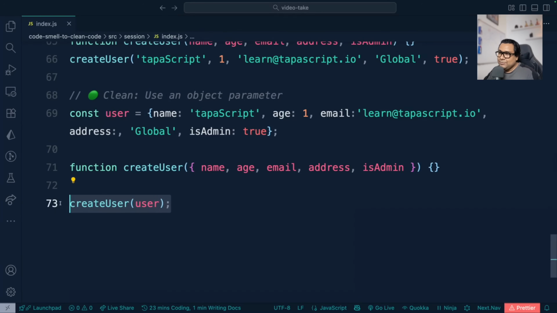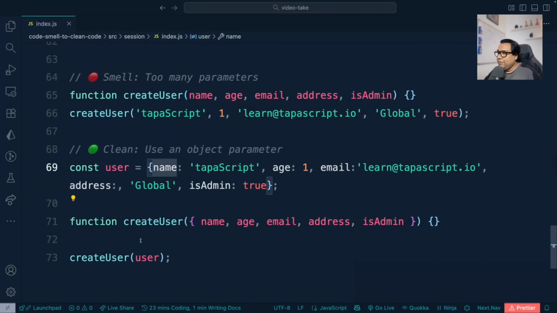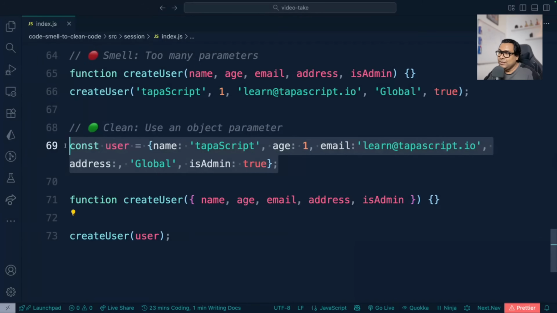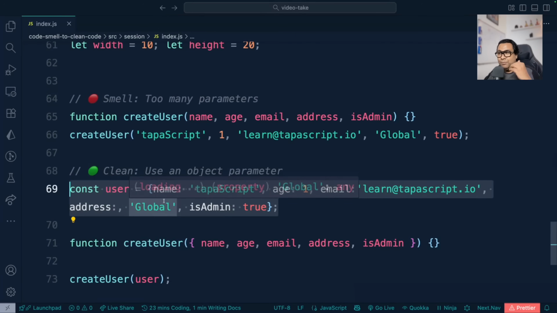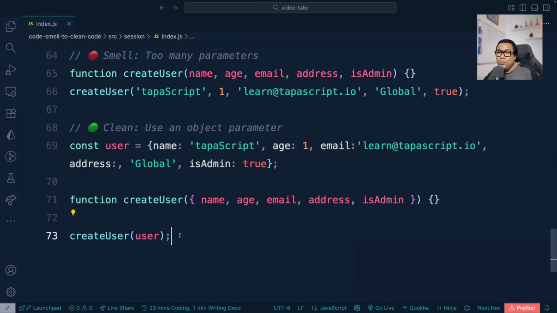You see, the caller doesn't have to really pass each of these parameters because in the definition of the function itself, I am now using object destructuring. So I am destructuring name, age, email, address, isAdmin, everything from this user object and using it inside the function. Calling create user in this case, passing 5 things, versus calling create user in this case, passing just one thing. There is a huge difference because this user object might come in both cases from your API call. Here you are doing extra work, here you are not doing that extra work